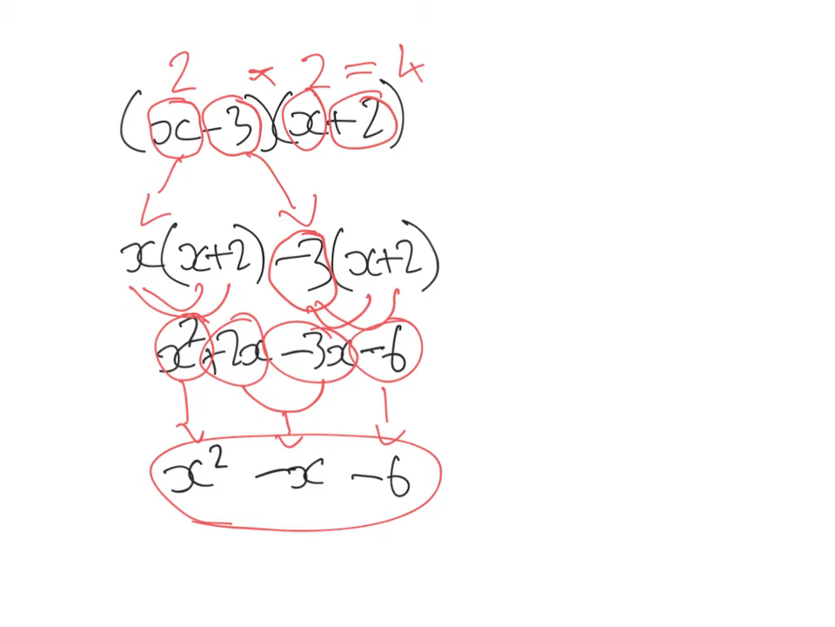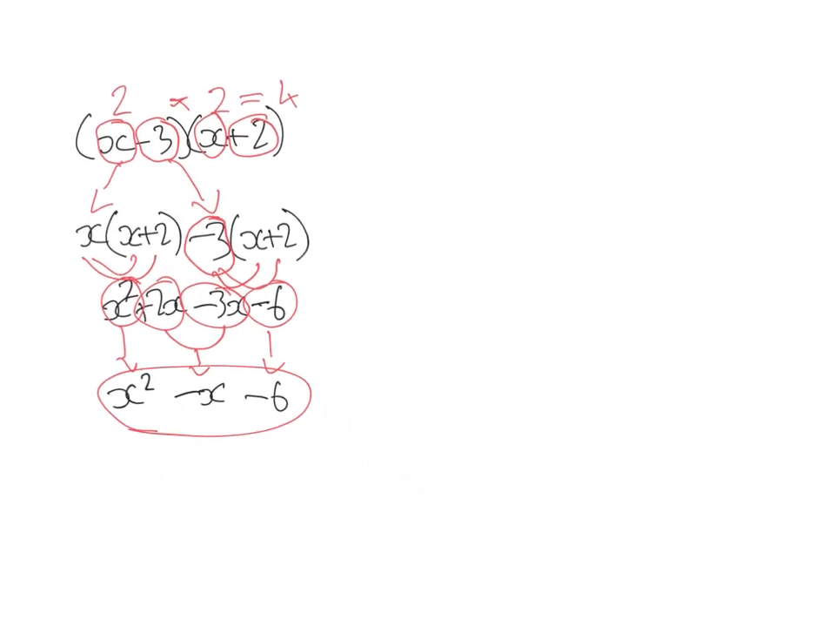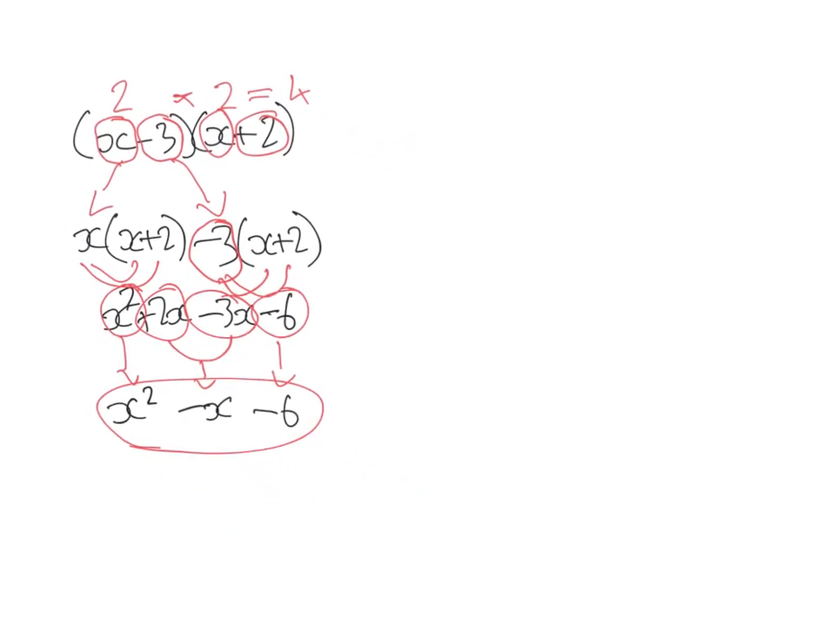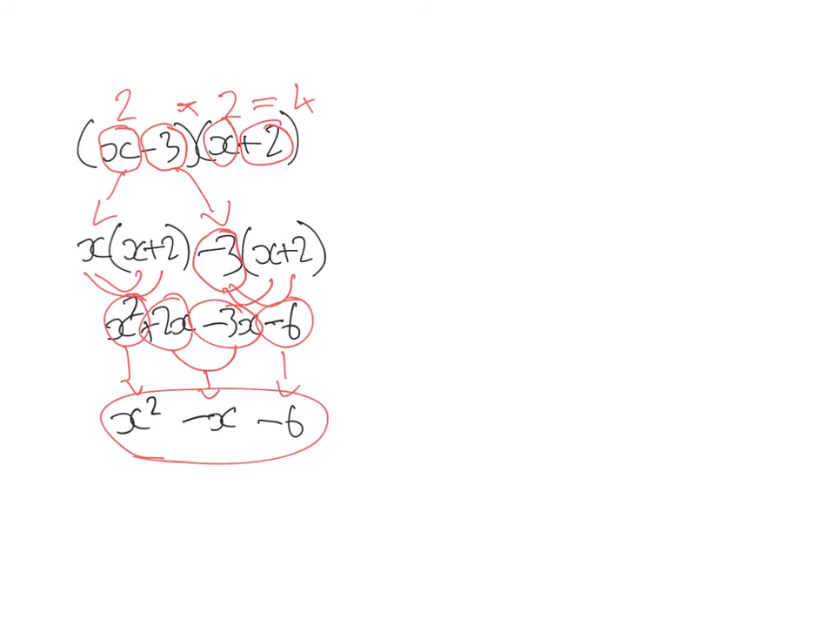Now, the opposite of that is called factorising. So to factorise, we're going to go backwards. So we're going to go and start with,